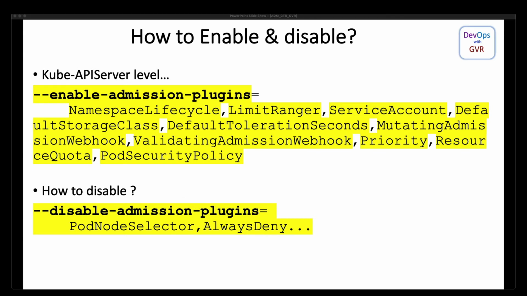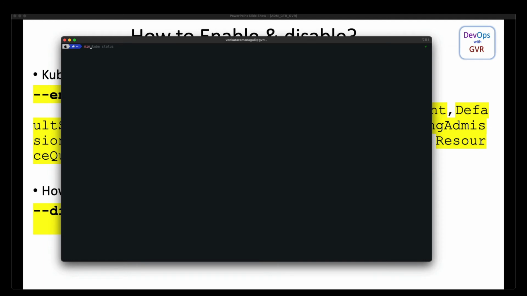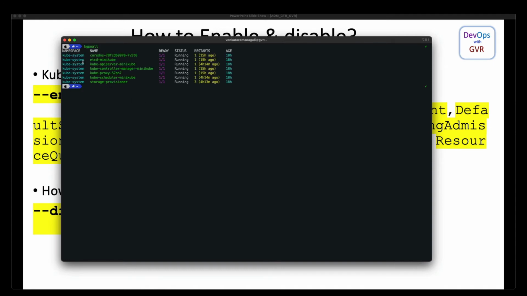So we will see. Yes, I'm in a Minikube here. Like here, kubectl get pods, right? kubectl get pods with all namespaces. Now kubectl describe pod kube-apiserver, which is in the kube-system namespace. Sorry, no -o YAML, just describe pod is enough.